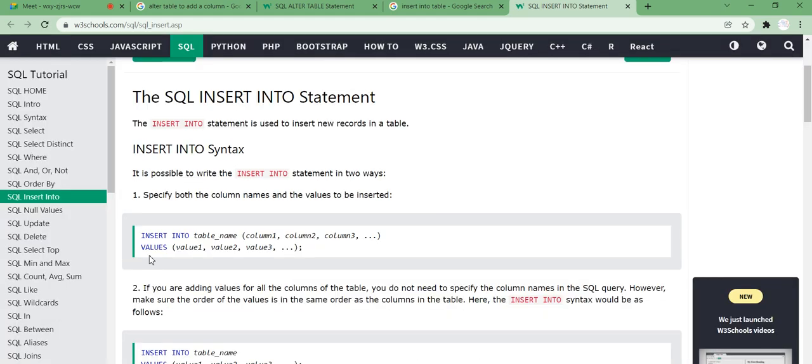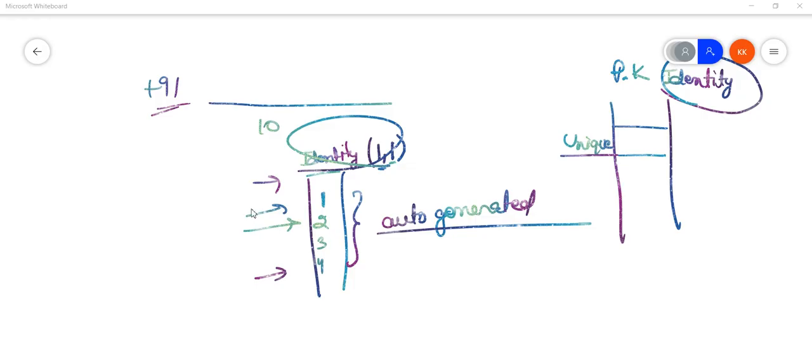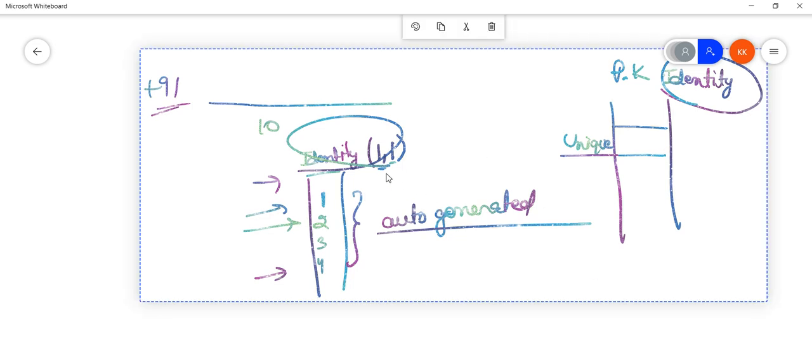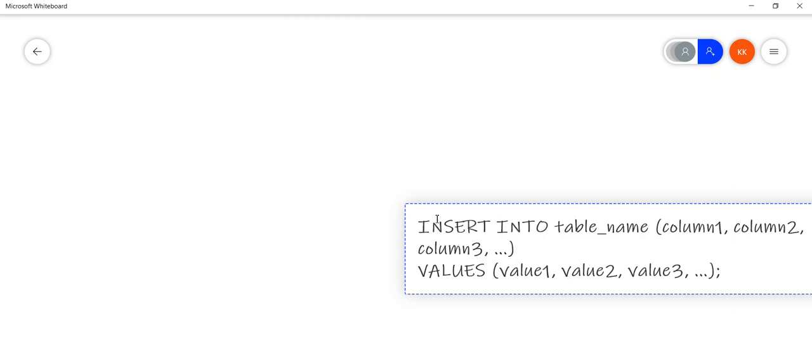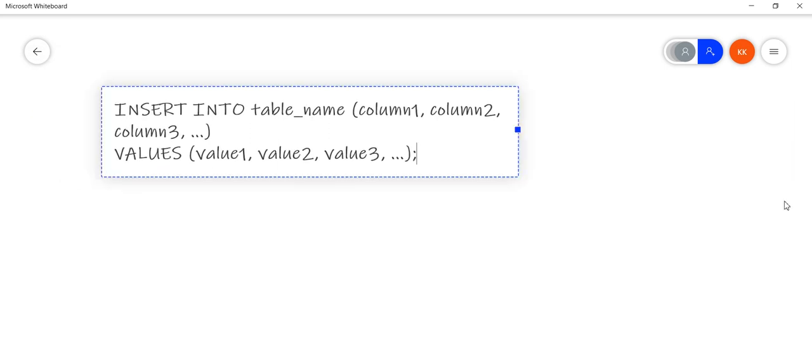So this is the syntax we are going to follow. Let me just copy paste here. What we need to write is insert into, then the name of the table where you want to insert the data, and then you need to specify each and every column of that table, and then the values keyword.